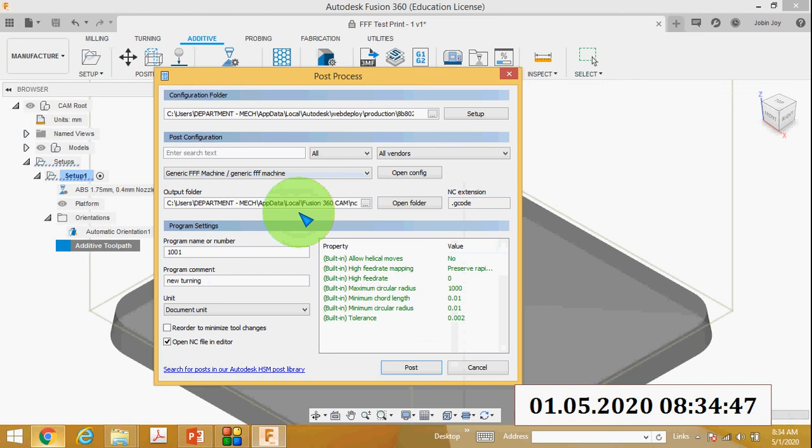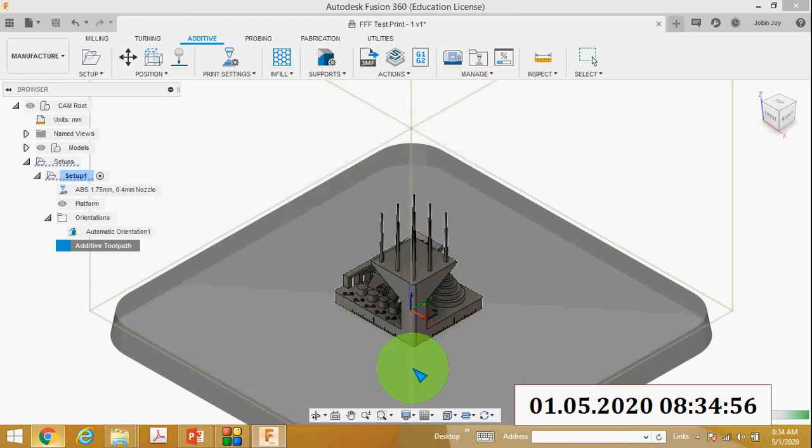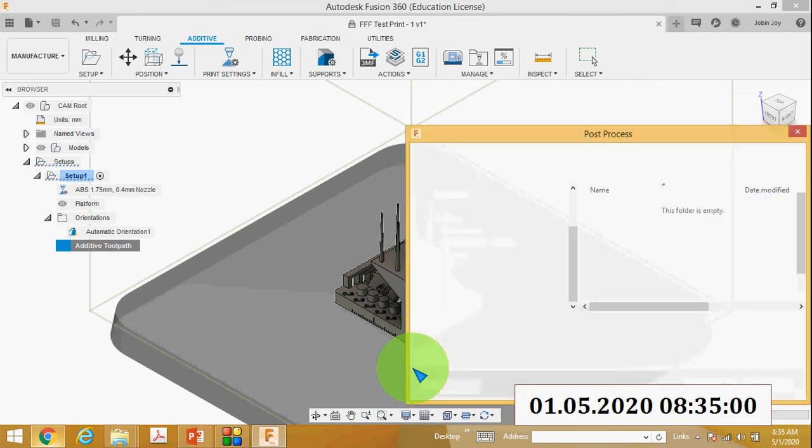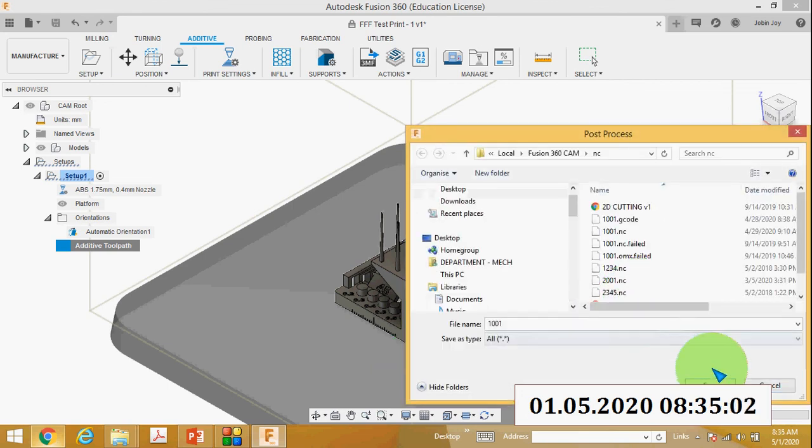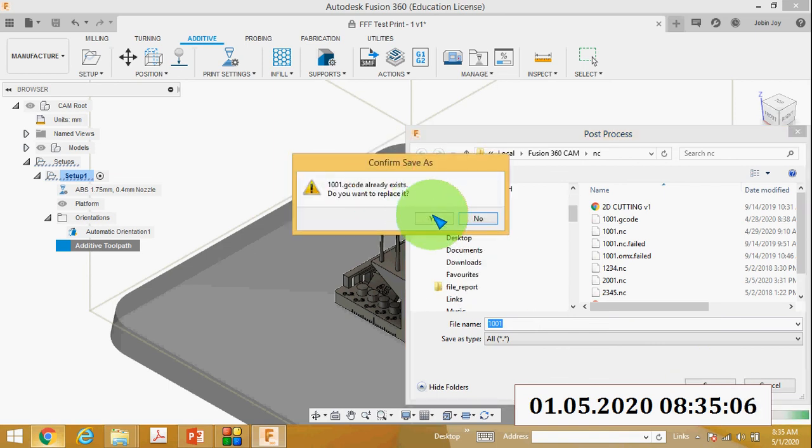Then go to Actions, then Post Process. You can see the Post Process scanning. This is the Post Process window.